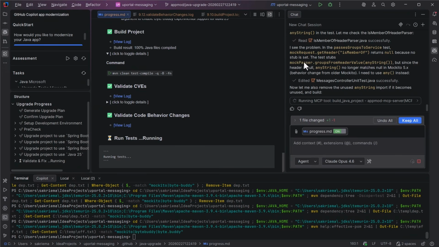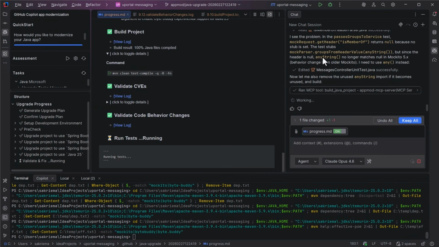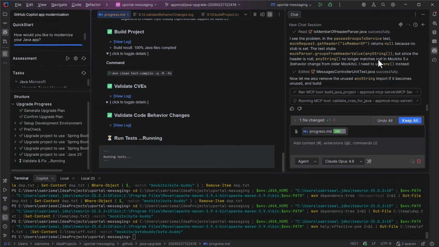not set. Oh no. Header is null, any strong no longer matches null in 𝗦𝗲𝗀𝗀𝗀𝗀𝗀𝗀𝗀𝗀𝗀𝗀𝗀𝗀𝗀𝗀𝗀𝗀𝗀𝗀𝗀𝗀𝗀𝗀𝗀𝗀𝗀𝗀𝗀𝗀𝗀𝗀𝗀𝗀𝗀𝗀𝗀𝗀𝗀𝗀𝗀𝗀𝗀𝗀𝗀𝗀𝗀𝗀𝗀𝗀𝗀𝗀𝗀𝗀𝗀𝗀𝗀𝗀𝗀𝗀𝗀𝗀𝗀𝗀𝗀𝗀𝗀𝗀𝗀𝗀𝗀𝗀𝗀𝗀𝗀𝗀𝗀𝗀𝗀𝗀𝗀𝗀𝗀𝗀𝗀𝗀𝗀𝗀𝗀𝗀𝗀𝗀𝗀𝗀𝗀